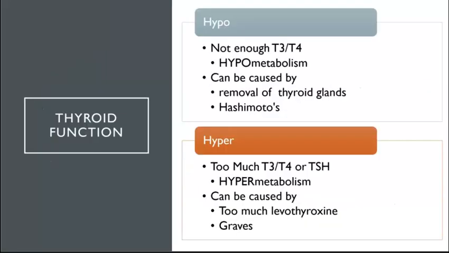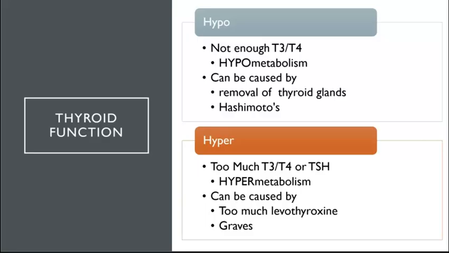So you're hypo, not enough T3, T4. You're hypometabolizing. Think about primary versus secondary. Primary is always the gland itself. So what would be a primary issue that causes hypothyroid? It could be